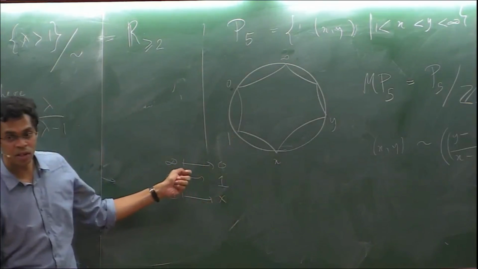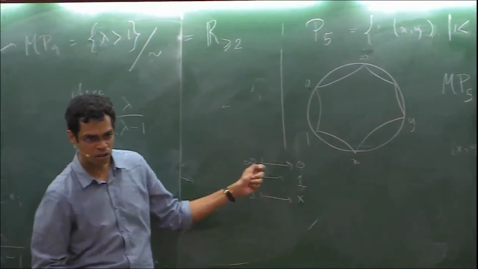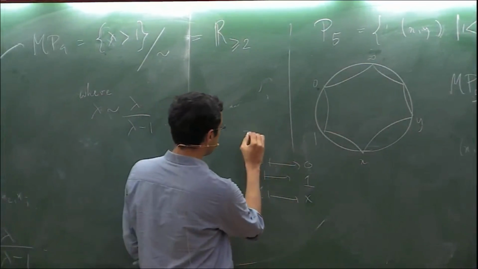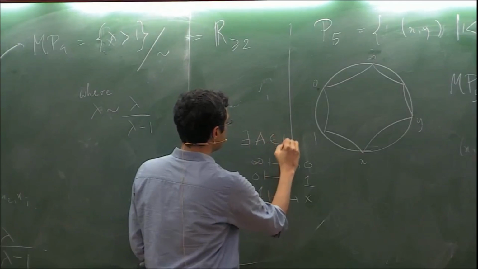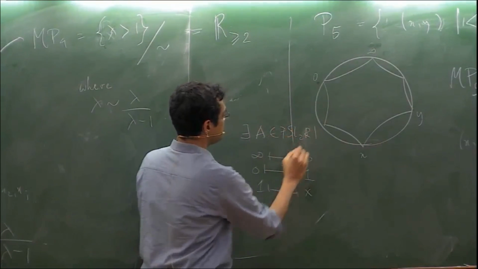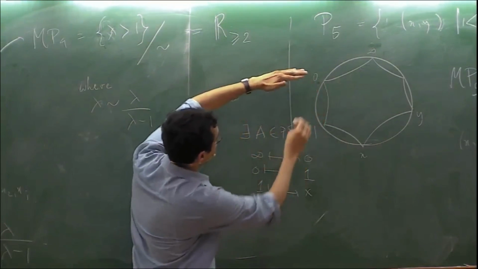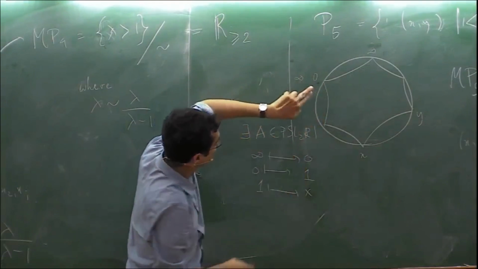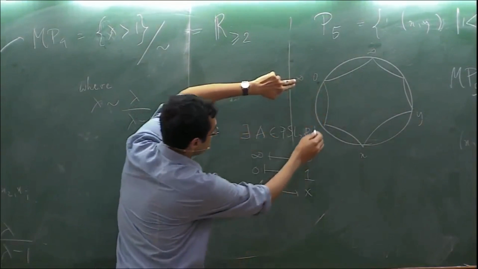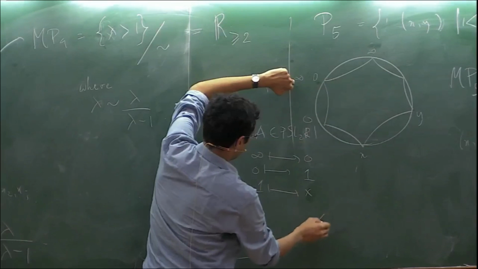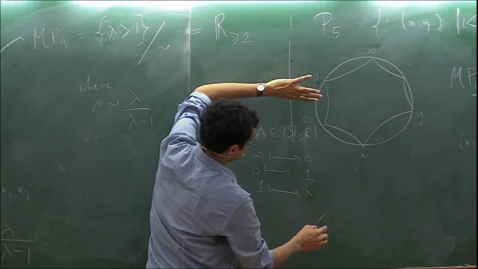Okay, so there exists a unique transformation which does that. Okay, so there exists an A in PSL2R that takes this. So now secretly what you're doing is you're starting your labeling here. Infinity, 0, and 1. Okay, so